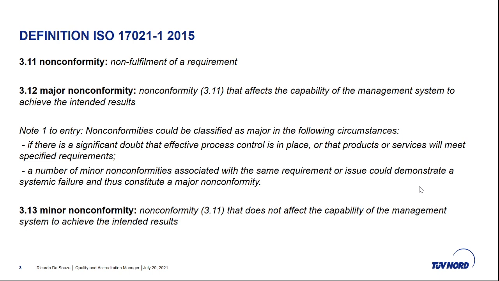So let's say it's an audit in a company that manufactures chemical products, and our procedure says that in order to audit a company that manufactures chemicals, the auditor needs previous experience in the chemical industry. And then the accreditation auditor asks us to show evidence, and we cannot show evidence that they have that experience. So that can be classified as a major nonconformity because the auditor doesn't meet the minimum requirement,